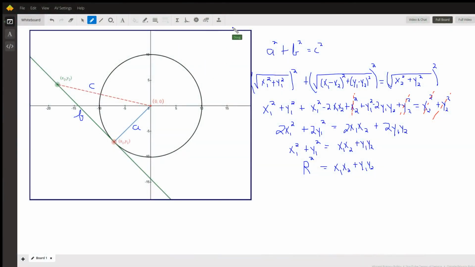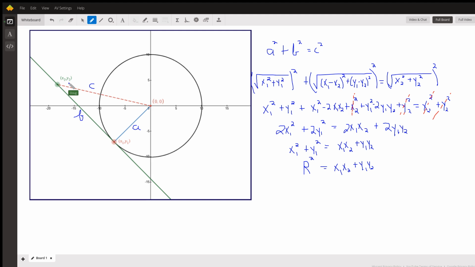Okay, I haven't posted the original question here, but here's a summary. We've got a circle centered at the origin, radius r. In this case, I've labeled it A, and (x1, y1) is any point on the circle. And if we create the tangent line at that point on the circle, and then pick any point on that